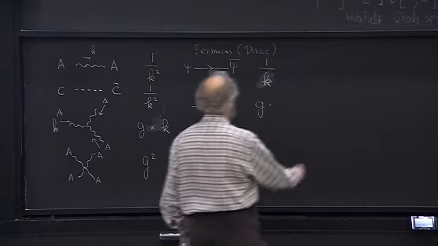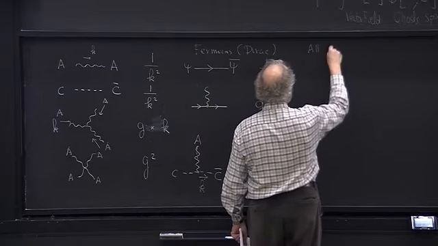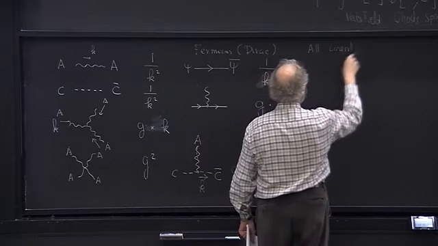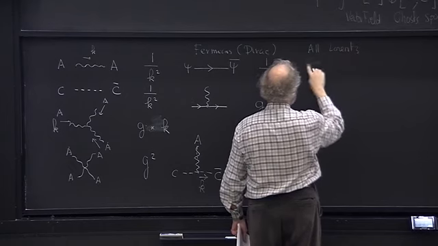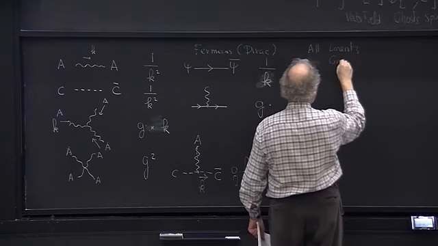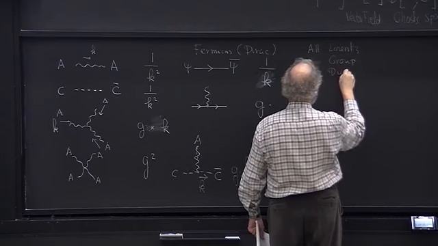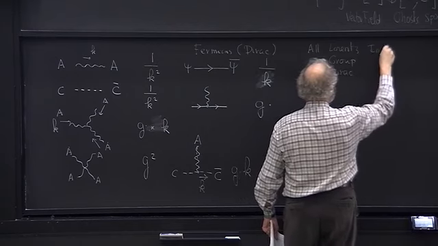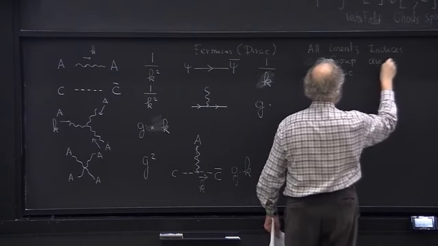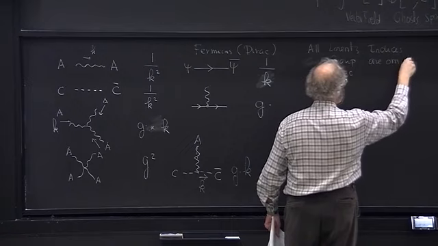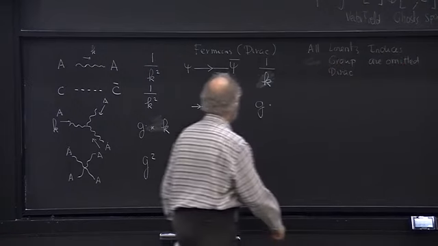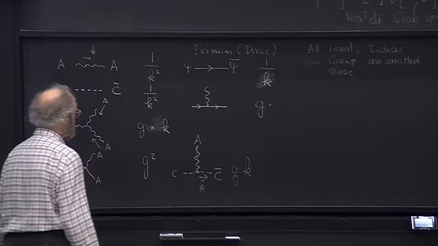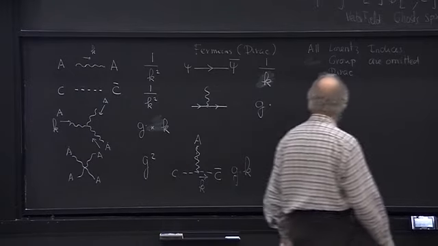So the whole Lorentz group and Dirac indices are commuted. Okay, here, very sketchy notation. Okay, so now,